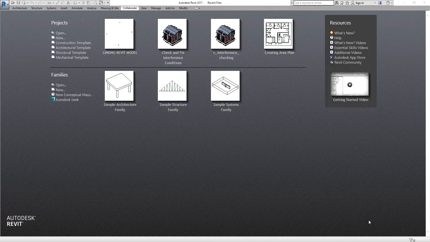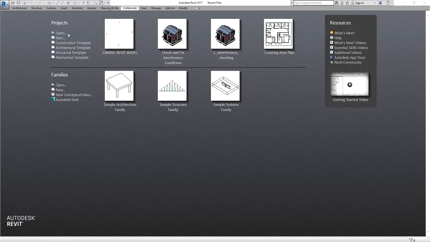A work set is a collection of elements in a building that can be edited by a project team member. Other team members can view the elements in a work set, but they cannot edit those work sets if you do not synchronize and relinquish it. Okay, so let me first show you how to set up your project using work sets.